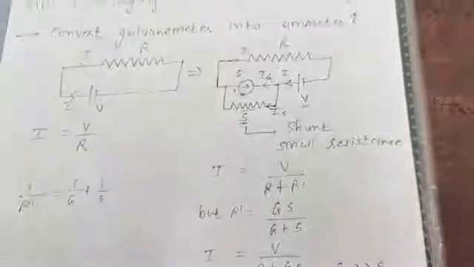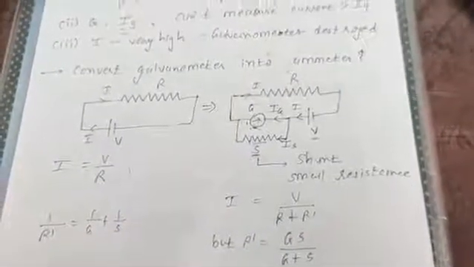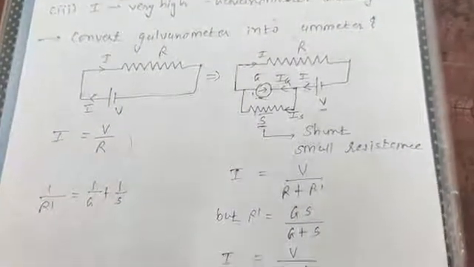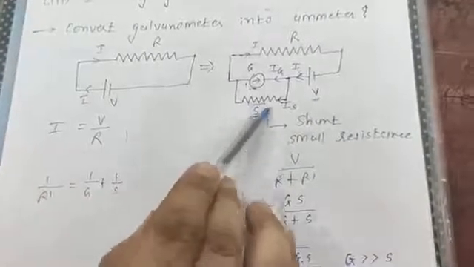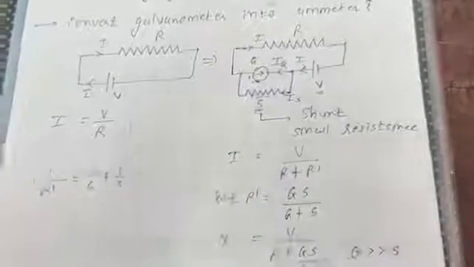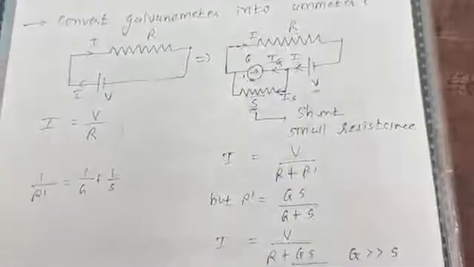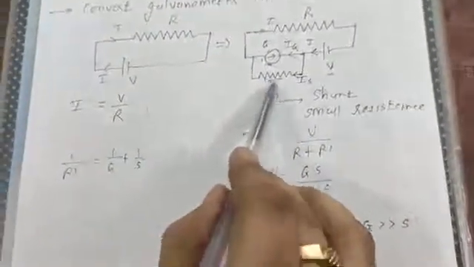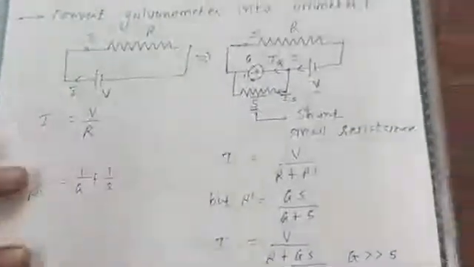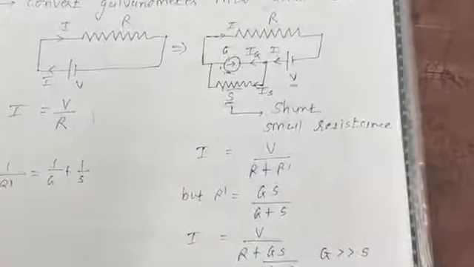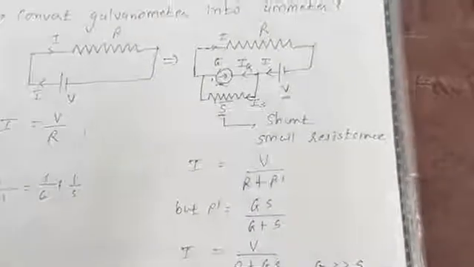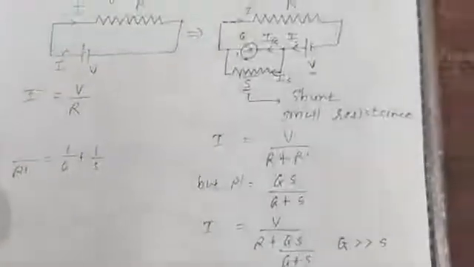Third problem, that is the range of the galvanometer was very short. Here the range of the galvanometer can also be increased by reducing the value of the shunt. Okay, so all three problems are solved by connecting the shunt with the galvanometer in parallel connection. So this is actually called an ammeter. This whole construction, this whole circuit is called an ammeter. Okay, so this is the conversion of galvanometer into ammeter.